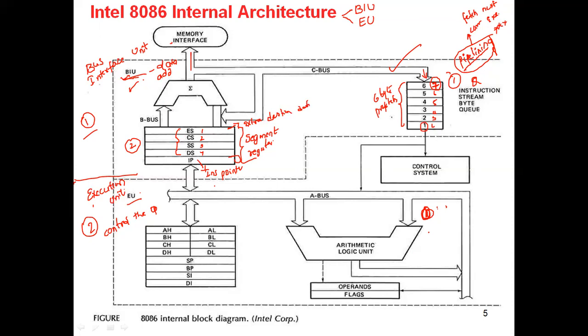Next one is the code segment. CS stands for code segment. The purpose of this code segment is that it is used for addressing a memory location in the code segment of the memory where the executable program is stored. So when you start writing a program, you start with the CS code segment, where the starting address is stored in the memory. That address will be stored in the code segment.